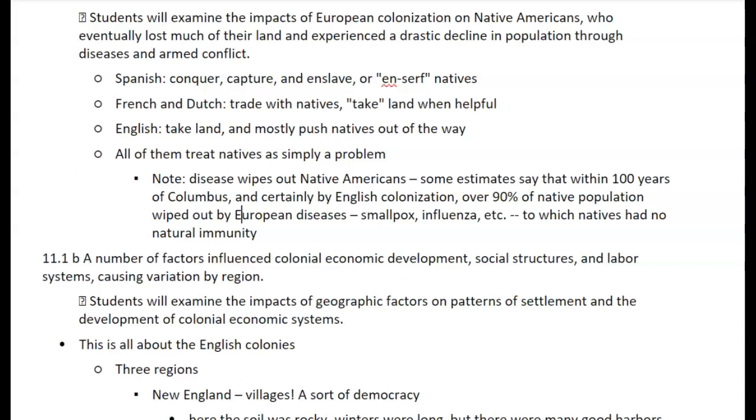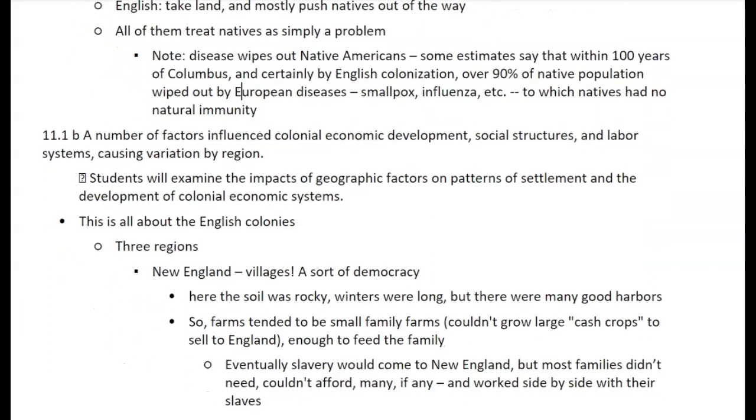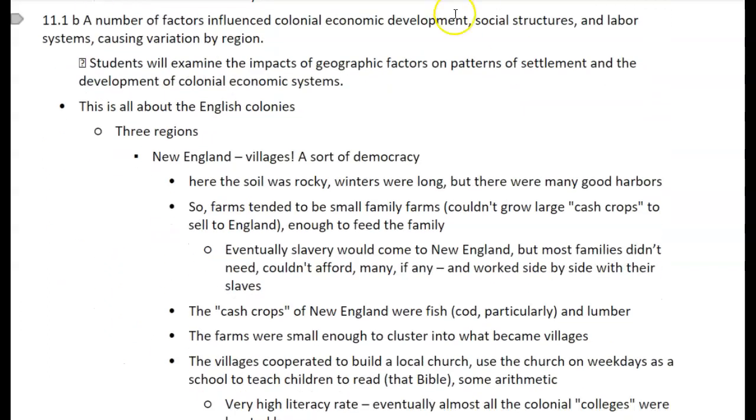Okay, as we zip a bit more through this, a number of factors influence colonial economic development, social structures, and labor systems, causing variation by regions. Students will examine the geographic factors on patterns of settlement and development of colonial economic systems. Okay, first thing to know,